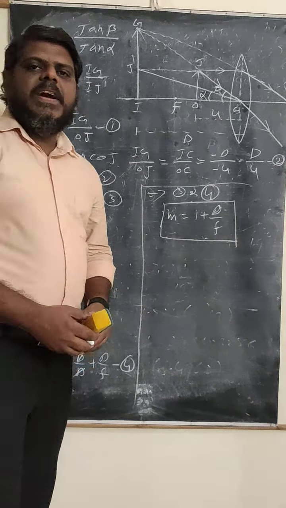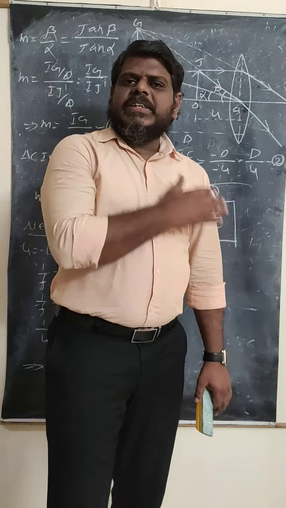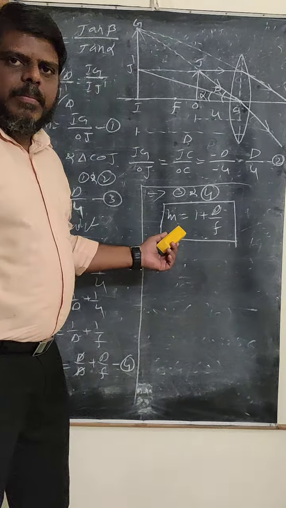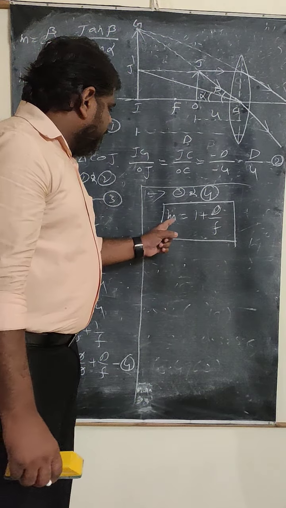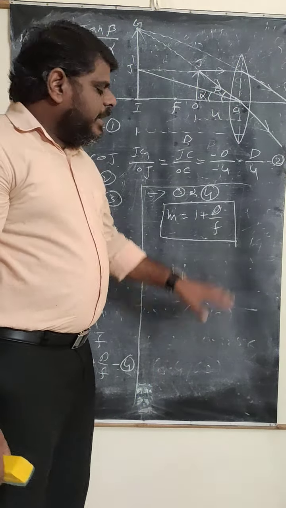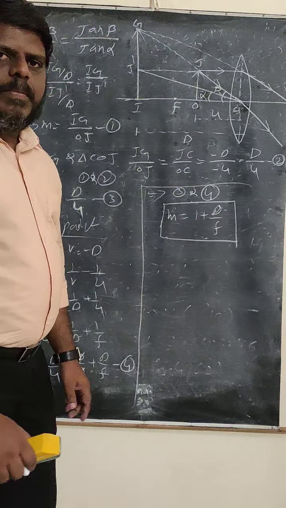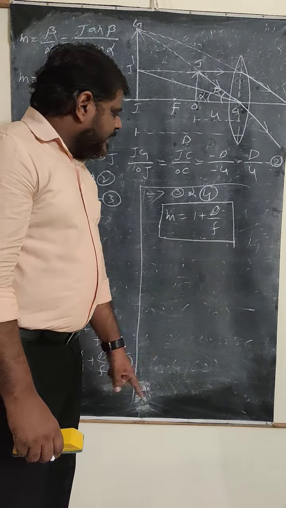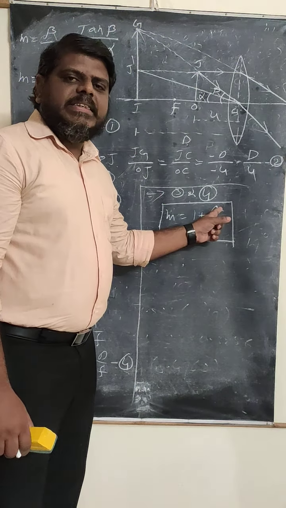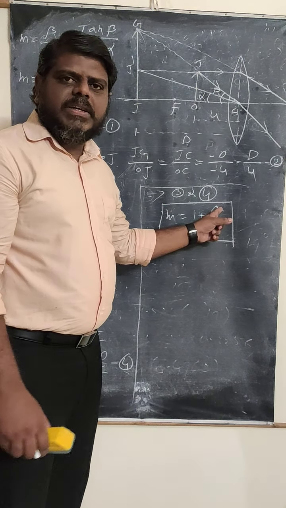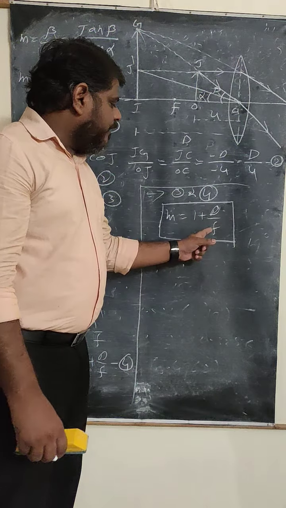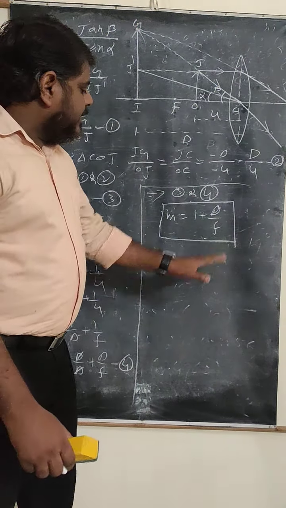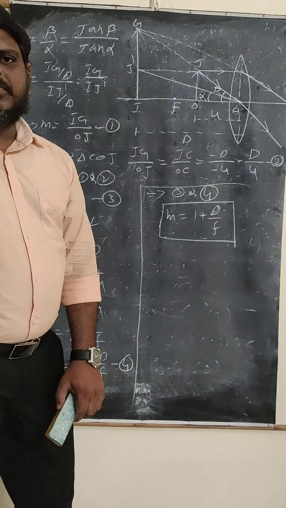This is the magnification at the near point. The formula is very, very important. In further derivations also, we are going to use this formula, that is M is equal to 1 plus D by f. Can you tell the terms here? M represents magnification, 1 is constant, D is the least distance of distinct vision, a constant value of 25 centimeters. F is the focal length of the lens which is going to be used here. Okay, this is the near point adjustment.